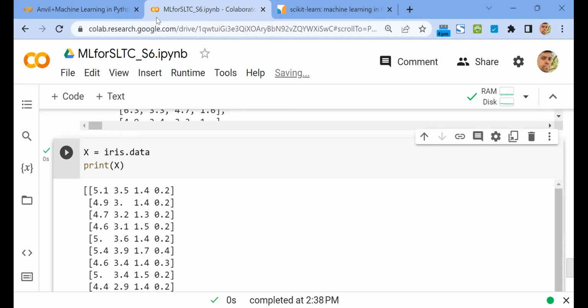Have you all finished up to this point? So when we say iris.data, we will get only the data part of it. Similarly,